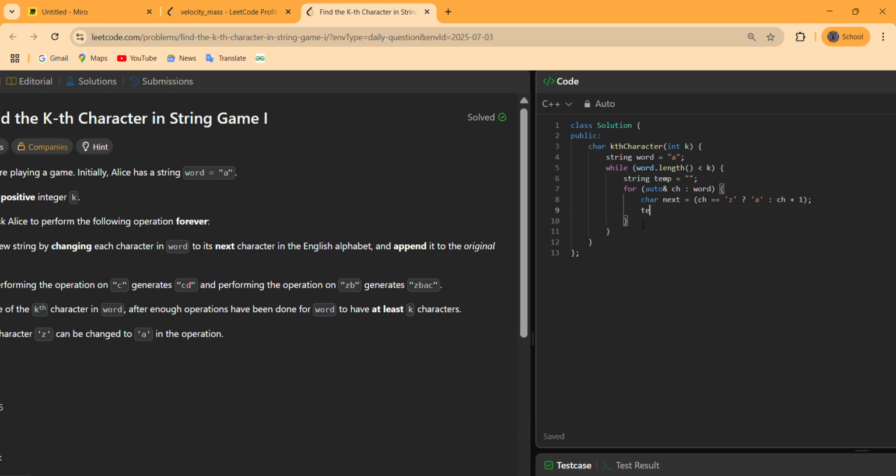Then we push back that character inside our temp. After doing this, we have to append this temp inside our original word, and finally we return the kth character of our word.